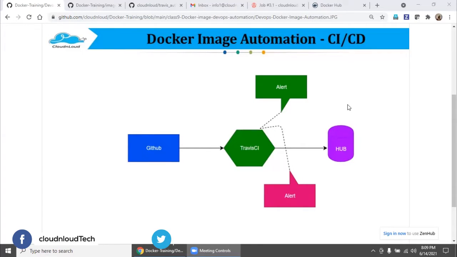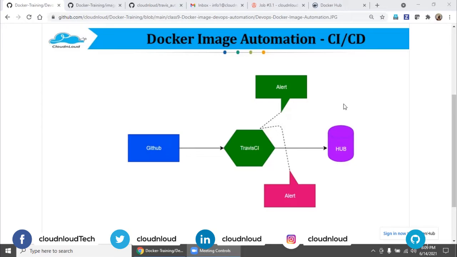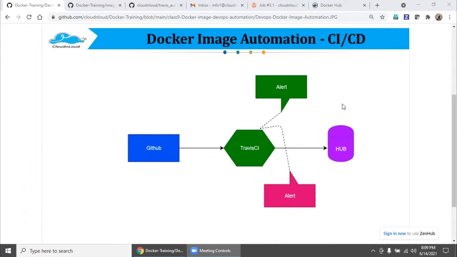Hi, welcome back. So in this session, we are going to discuss how to completely automate Docker image creation, right from the custom image creation, to the image testing, to the Docker Hub repository pushing. Even if you have a different Docker repository, a private repository of your own, the process is the same. So in this session, I'm going to give you the entire flow